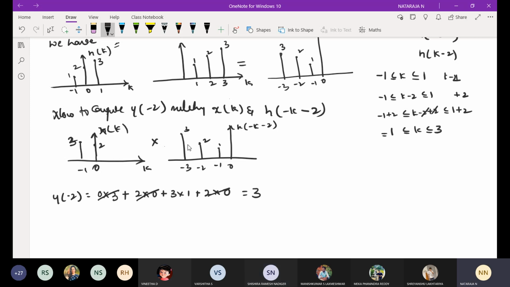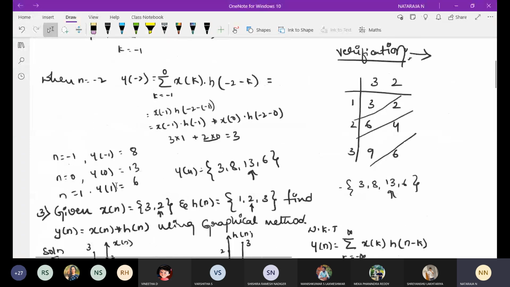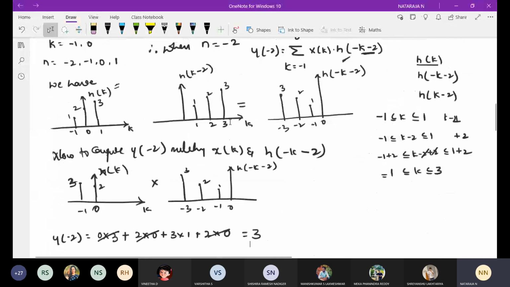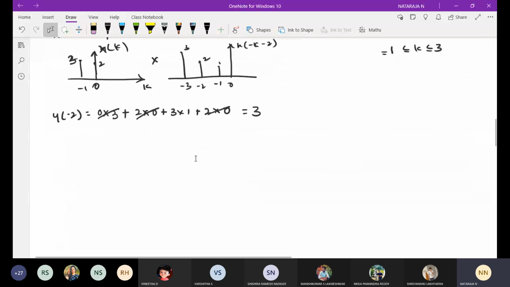No, sir. Okay, now the same problem we have solved for the mathematical representation. What we got for y of n minus 2? We got 3. So that the graphical representation of y of minus 2 value will be correct. Like that, you have to perform for n is equal to minus 1, n is equal to 0 and n is equal to 1. Can you please try? Yes, sir. Okay, try. I will give 10 minutes time. After that, you have to turn on your camera and show the answer. Those who are showing the answer will get the attendance.